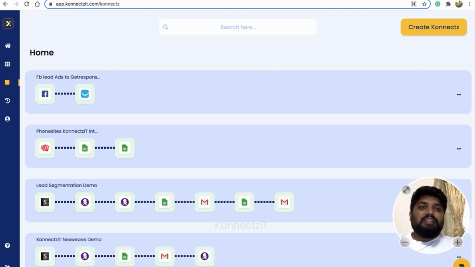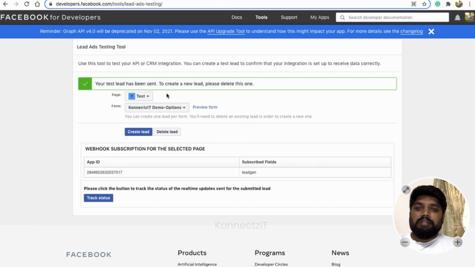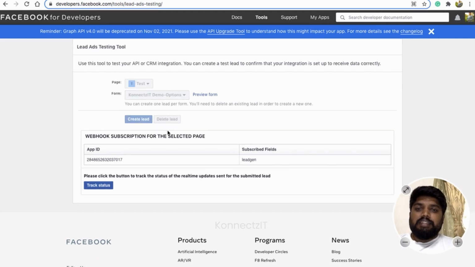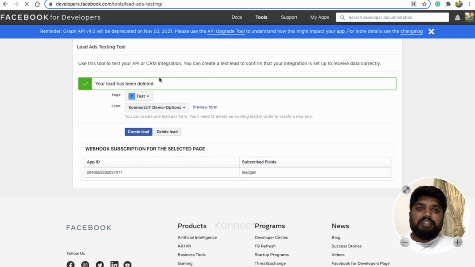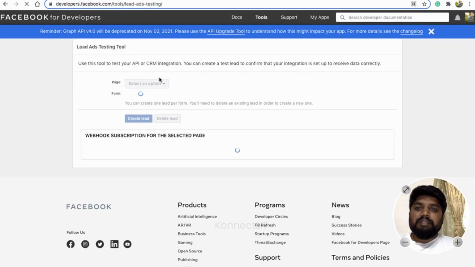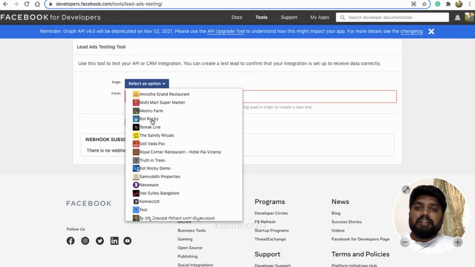This is my lead form. I'm going to delete the lead first, refresh the page, and get a new lead.